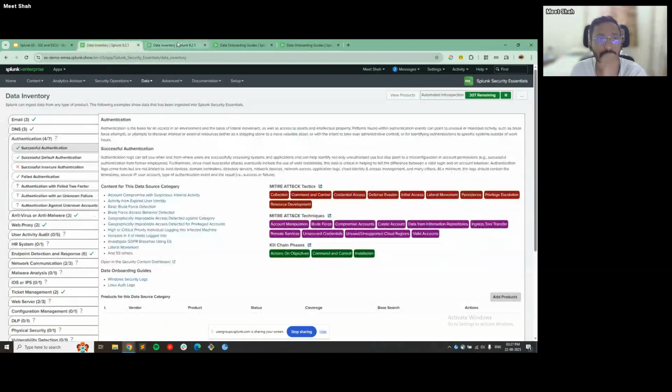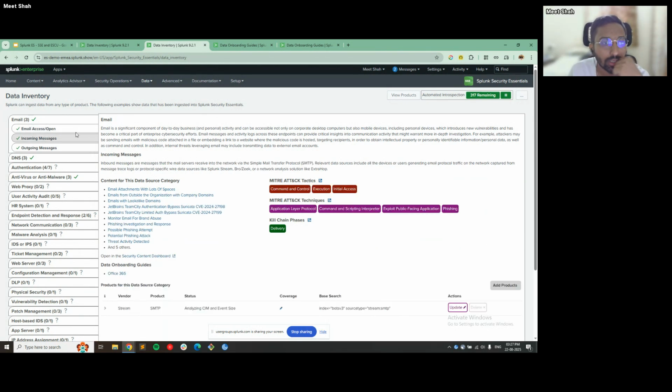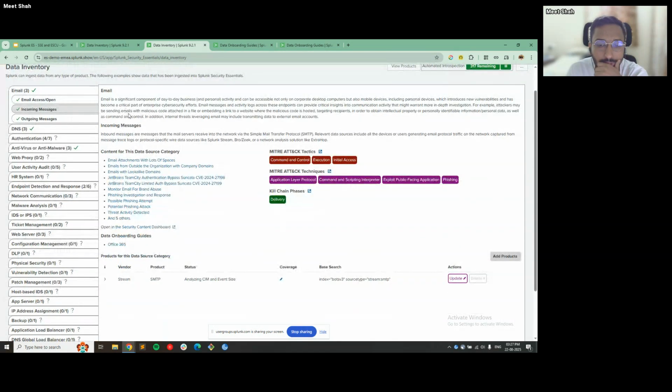All right, I just duplicated this step, and now if you see, I just opened the email access or the open logs and the incoming logs, for example. Now,